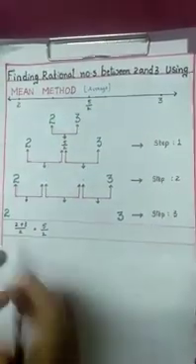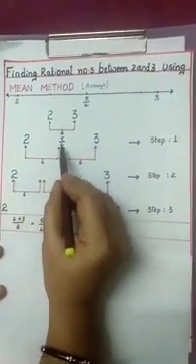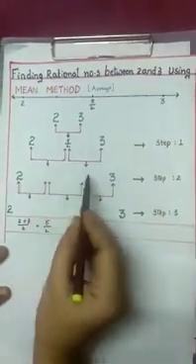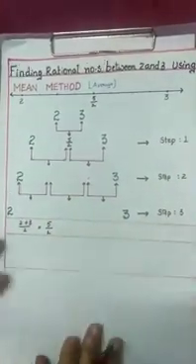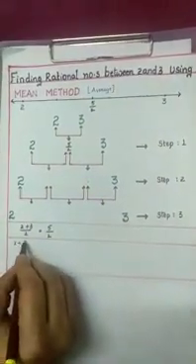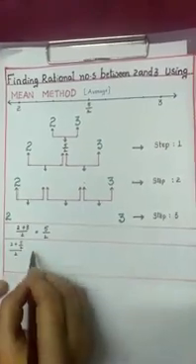Now we find the mean of 2 and 5 by 2 first. Next we find the mean of 5 by 2 and 3. Then we get two more rational numbers in step 2. Now first we find (2 plus 5 by 2) whole divided by 2. As we are adding two numbers, we divide by 2.